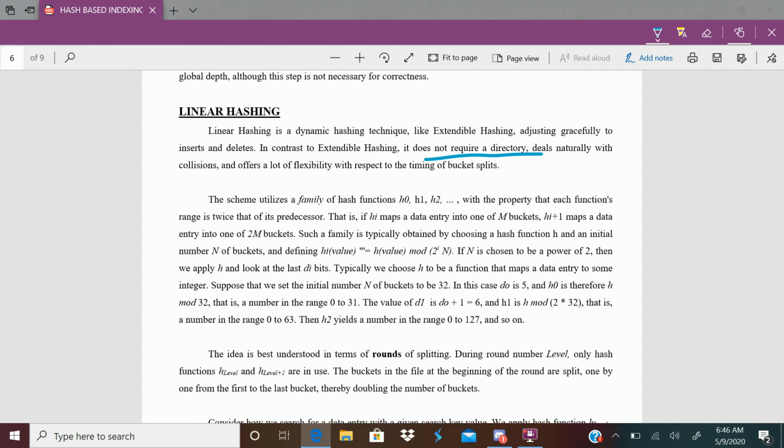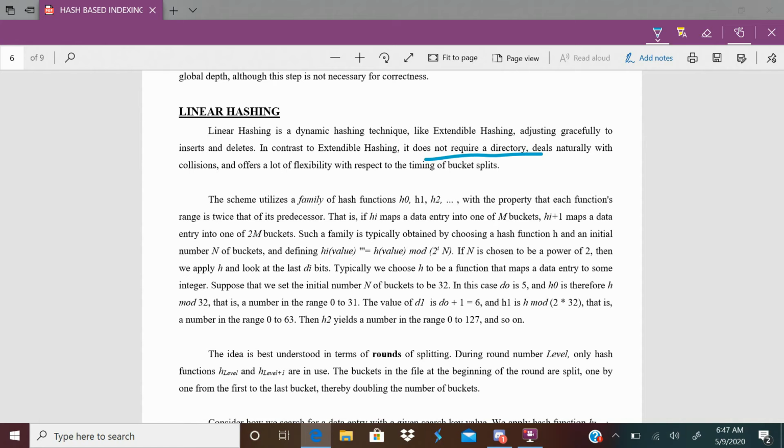Without a directory, it can handle insertions, deletions, and searching of records. It means maintaining the hash index is possible efficiently without a directory. Now we'll see how linear hashing maintains the index without a directory of pointers. That we will discuss.